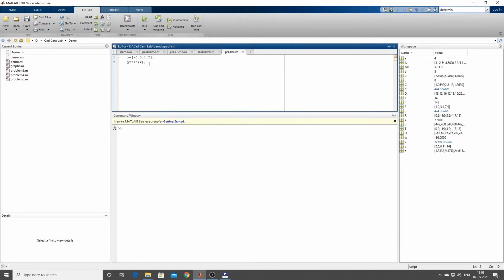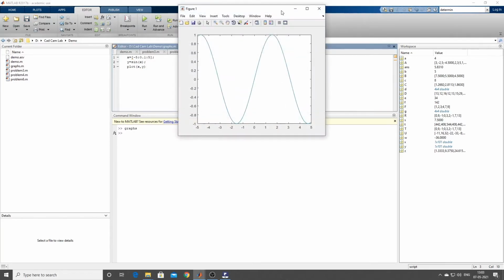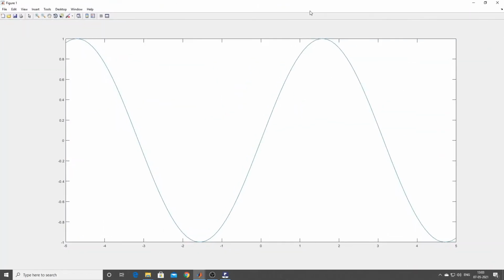Now I'll give plot of the independent variable x comma y, bracket close. Can you see this? We got this plot.